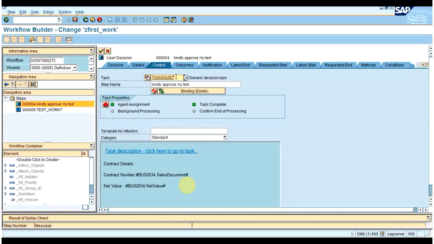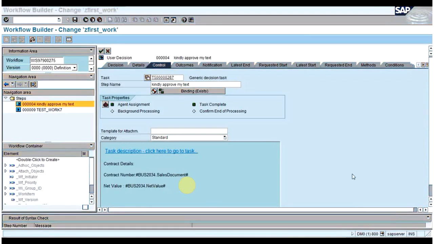Hi Lakshmi. Actually, if we copy the standard task, whether it is converted to a customer task? We can copy the standard task to the customer task. I will be showing you on Monday. Let me show you here in SWDD.